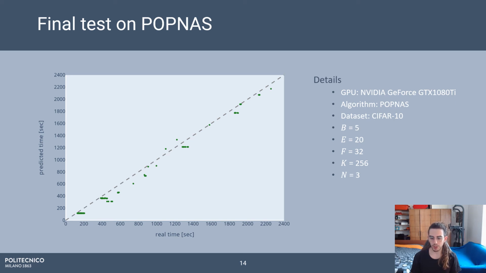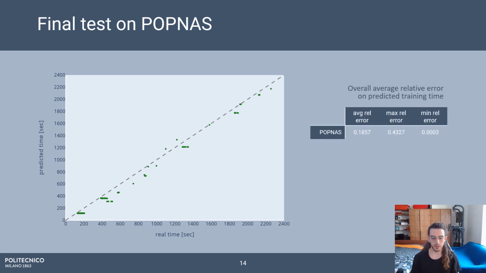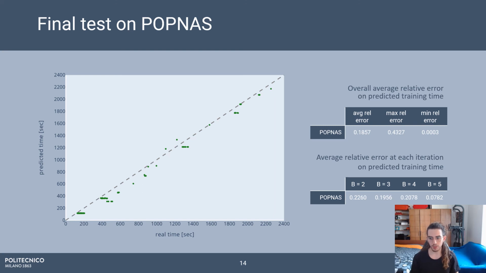We have computed both the algorithms over a GeForce GTX 1080 Titan. The image represents the real times and the predicted time, like in the images just seen before. And from the tables, we can see that for b equal to 5, POPNAS reaches the lowest error over time predictors.